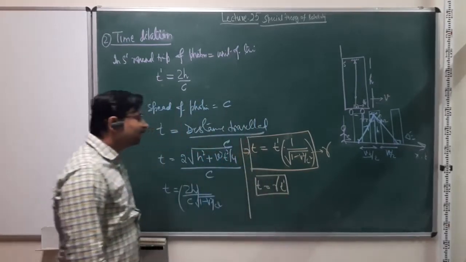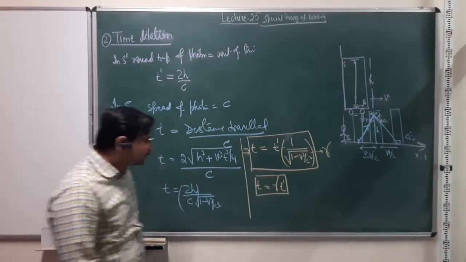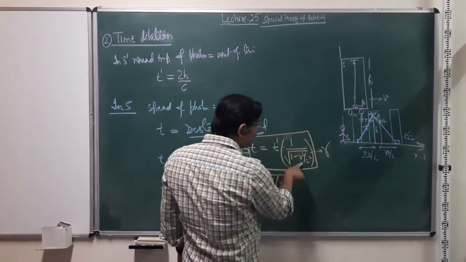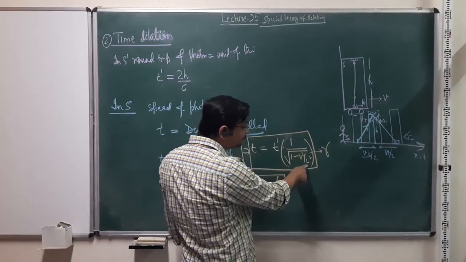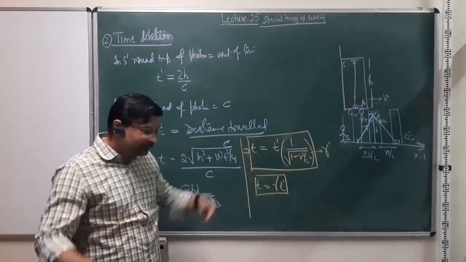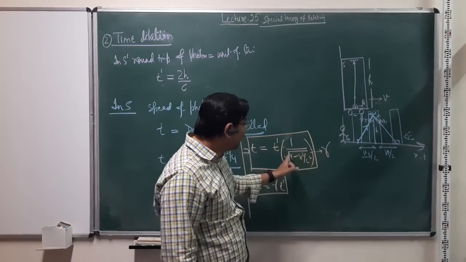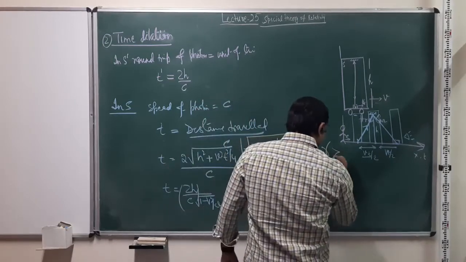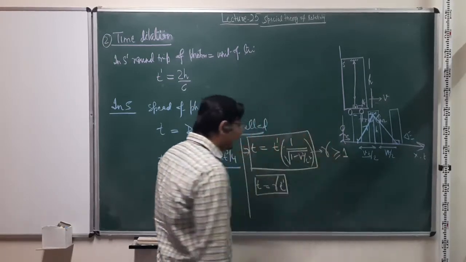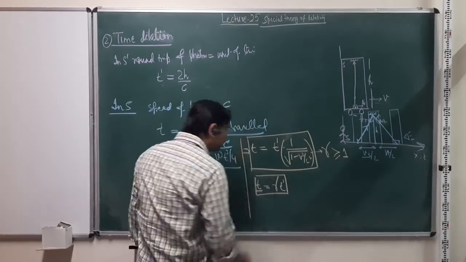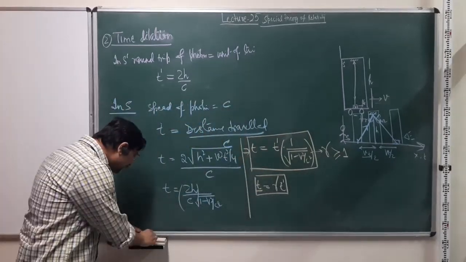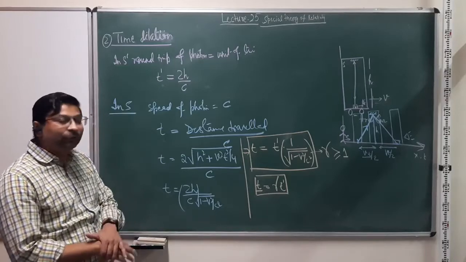And this is the time dilation. Because once you put in values here, V is always going to be less than C, because C for the time being is the ultimate velocity that one can reach. So if V is always less than C, then the gamma is always greater than or equal to 1. And if that is the case, then for the same event, the time duration that you measure